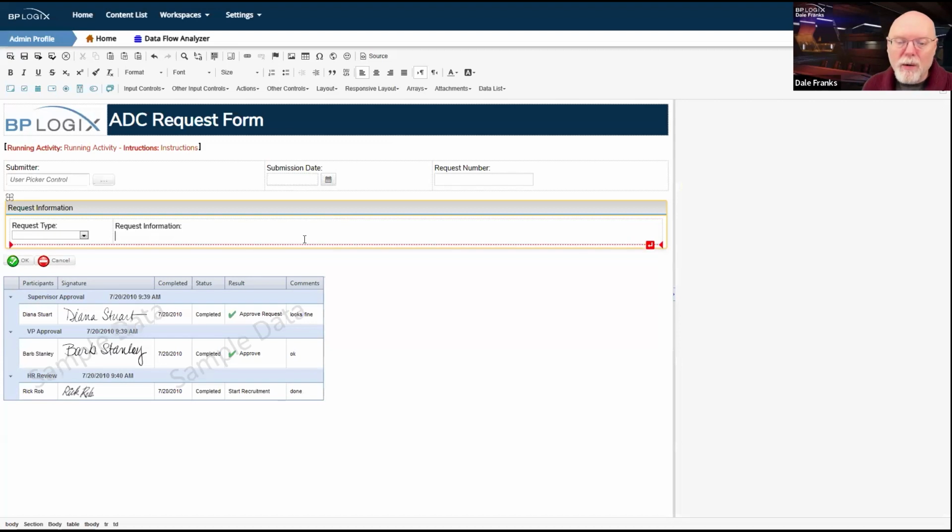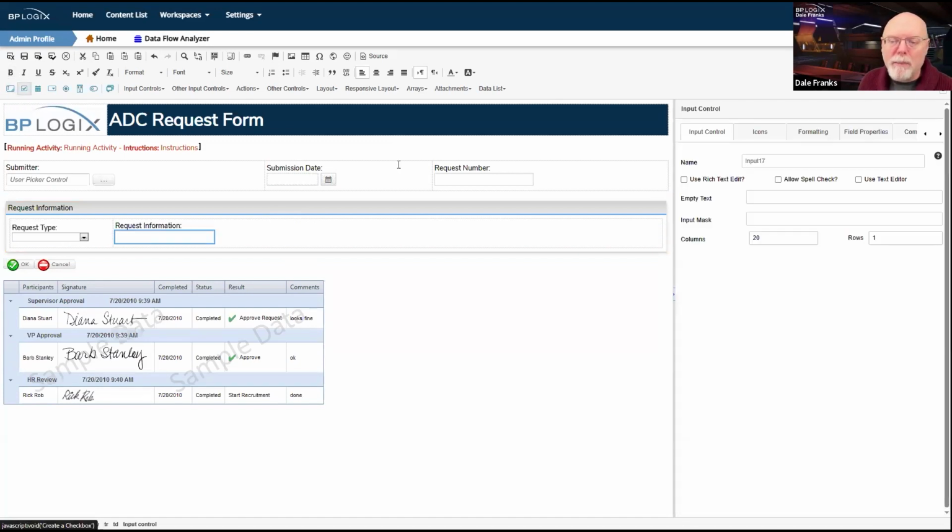And I'm going to hit shift enter to add a new line. And I'm going to drop in a text box, which I am going to name, obviously, request info, so that it is associated with that label. Now I got to figure out what I want to do with this text box. I'm going to want some information from the end user to explain what their request is and why I should care. So the standard text box is a little too small. I think I want that to be a little bigger. So let's set this, instead of hitting those up and down arrows, I'm just going to manually set this to 60. You know, maybe that's not even big enough.